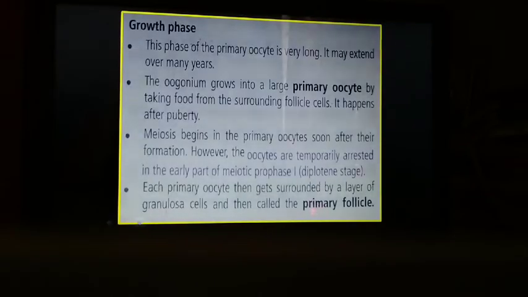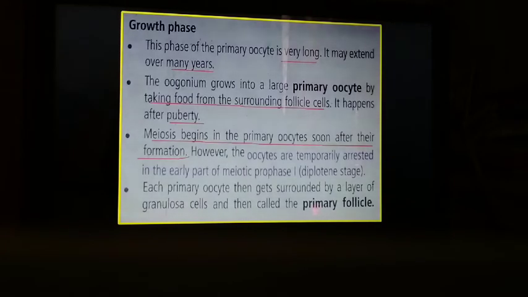In the growth phase, the primary oocytes grow to a very large size by taking food from the surrounding follicle cells, and this happens during puberty. This growth phase is very long compared to the growth phase of spermatogenesis, and it may extend over many years. In the growth phase, meiosis begins in the primary oocytes soon after their formation,